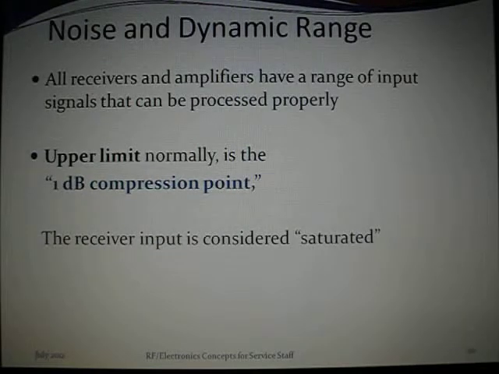Noise and dynamic range. All receivers and amplifiers have a range of input signals that can be processed properly without overdriving or getting lost in the noise. The upper limit could be the level at which heavy distortion occurs, but normally the standard for many receivers is called the 1 dB compression point, which means the point at which a 1 dB increase in input signal fails to cause any increase in the output level. At that point, the receiver input